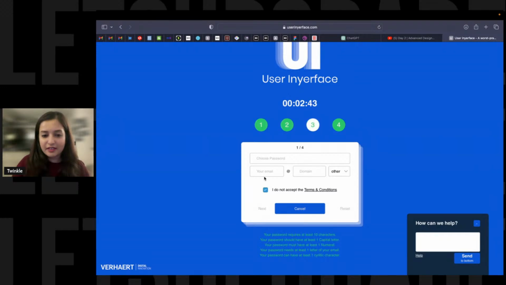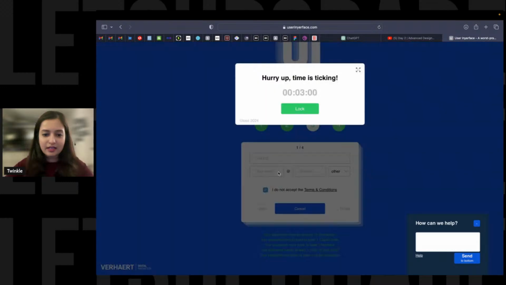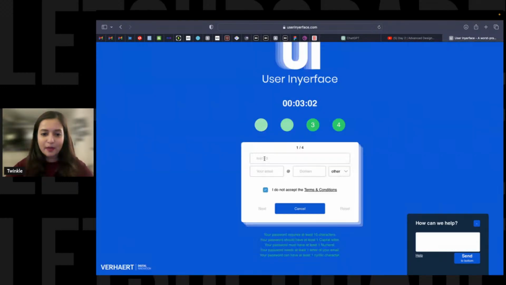So if I try to choose a password, I will test 123. And when I'm trying to type in the password, this text should automatically have been deleted. It wasn't. And I again try to add my email,